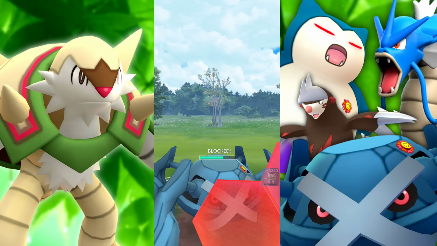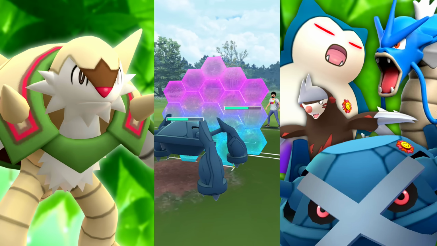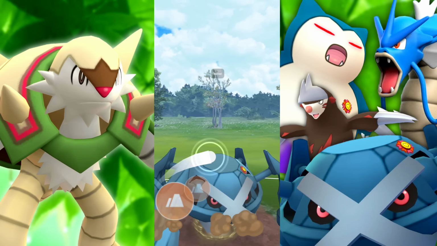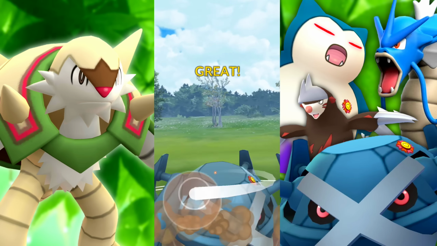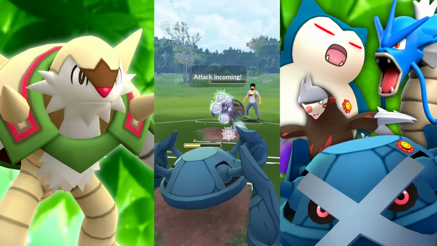Since we have 2 shields, we should be able to pull this off, but that damn Excadrill farms up so fast, I was getting a little nervous, but I knew deep down that we were going to be perfectly fine. Getting to that Earthquake, and we still have green health on this Metagross, and yeah, we're looking good. Chesnaught's holding on by a thread, and we're going to be able to...